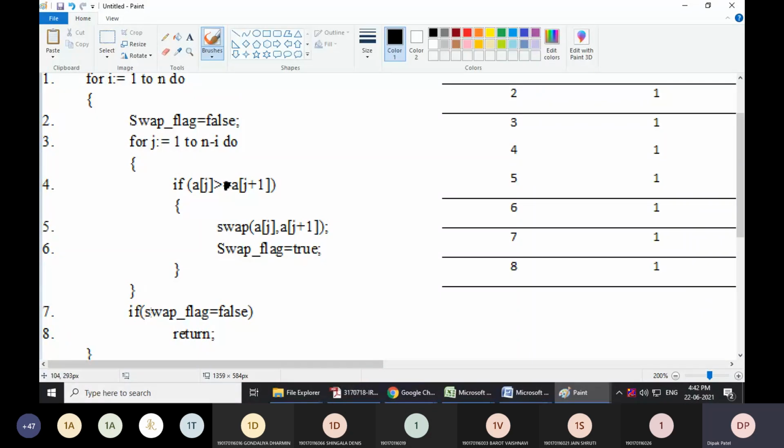Now as it hasn't gone inside this if condition, this swap flag is not modified. Initially, before entering this for loop, it was false. Now it is not modified because no swapping is performed in this inner for loop.